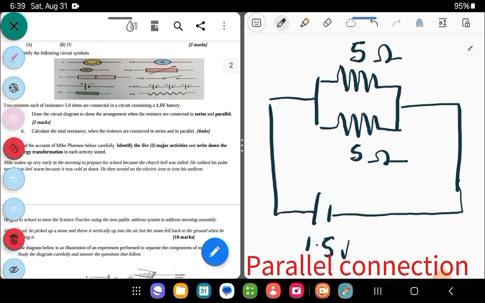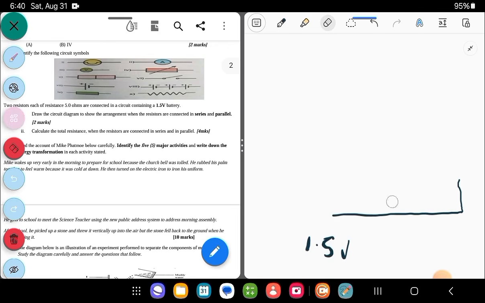So this is how your diagrams are supposed to be. The next one, we are supposed to